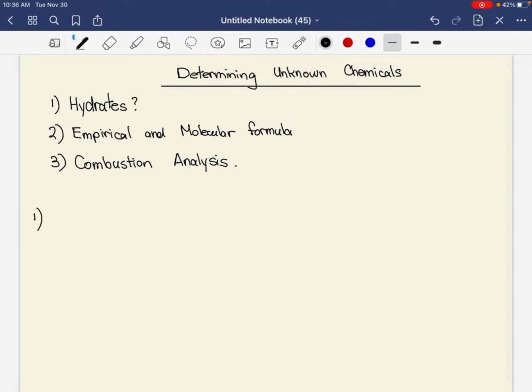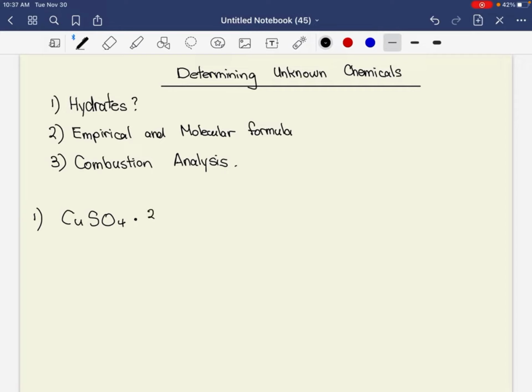The question is, what are hydrates? Most chemicals that you see in the labs are in the form of hydrates. For example, copper 2 sulfate is something that you guys use a lot. It is the blue crystal. But what you don't know is that the one that you have in your lab is usually in some sort of hydrated form. Now, we've seen this with nomenclature, where copper 2 sulfate may have a formula that says CuSO4